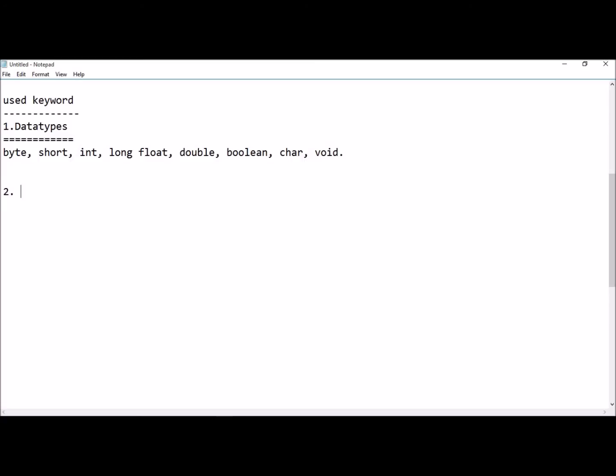Now second is modifiers, and again these are divided into two types: access modifiers and non-access modifiers. We will discuss them later in the package concept. Now what are these keywords? They are public, private, protected,